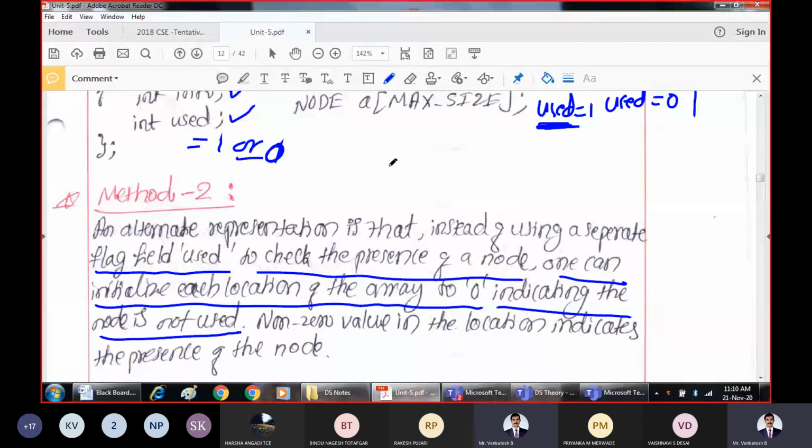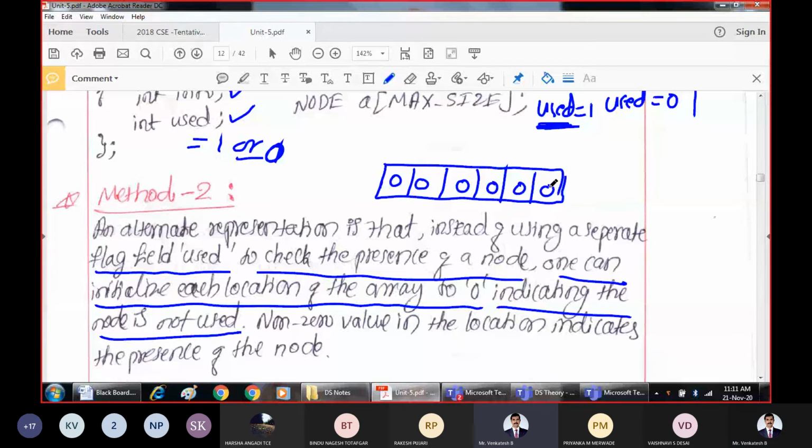Very simple notation. So what happens in method 2 is, this is an array. We will initialize everything to 0 first. Make everything 0, because 0 indicates no value, 0 represents nothing.